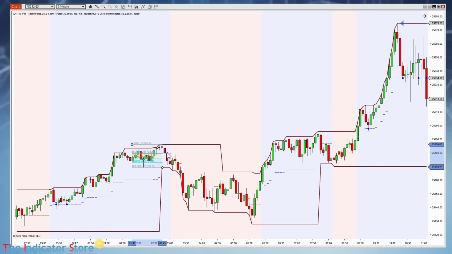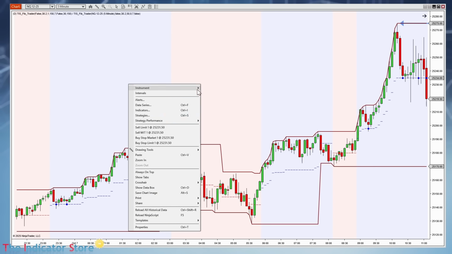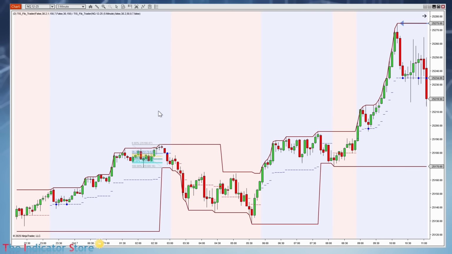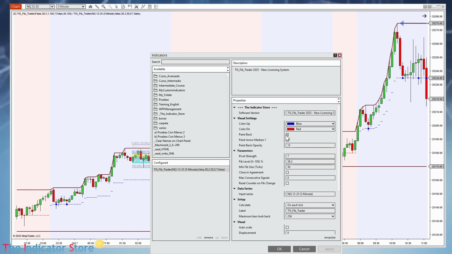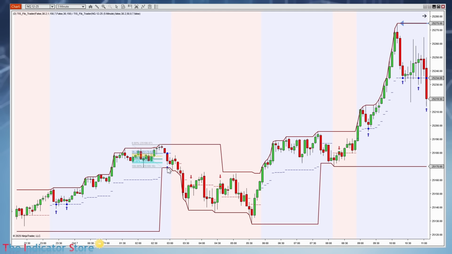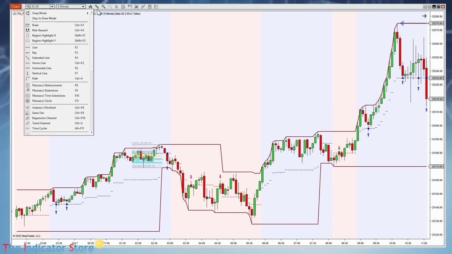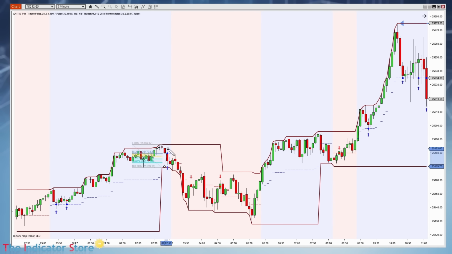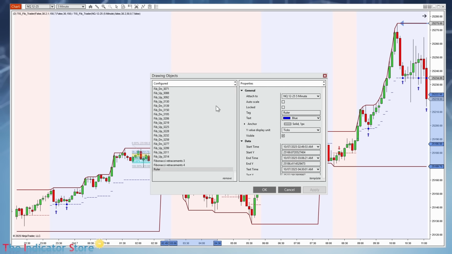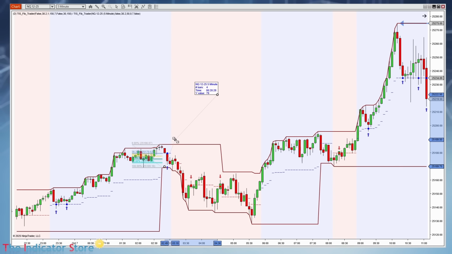The signals are those dots, and we can also add arrows so it is more visible. Paint arrows. Okay, so we can see that there is a long signal, but maybe I want to trade bigger fibs, so we can calculate how much is that distance from here to here, and you can see this is 66 ticks. Okay, let's say I want to specify a limit of, I don't know, maybe 100